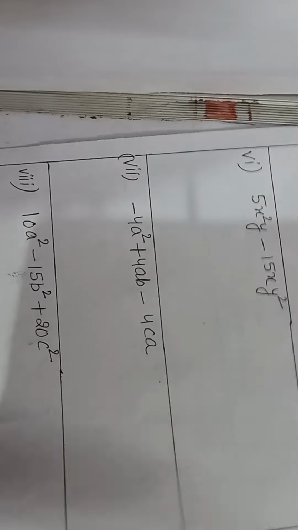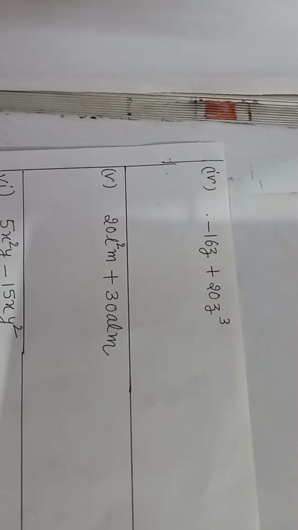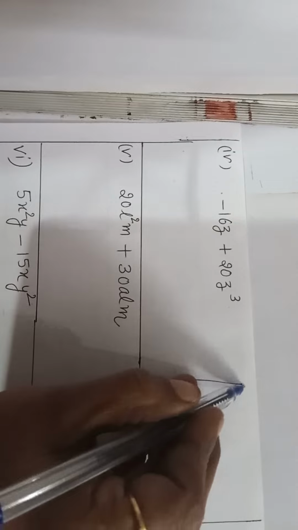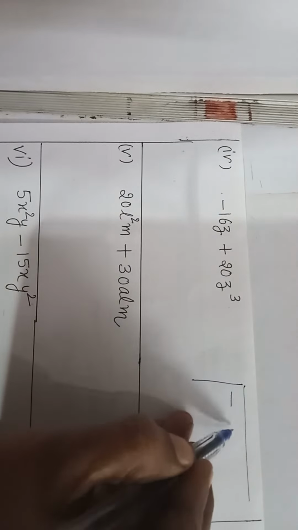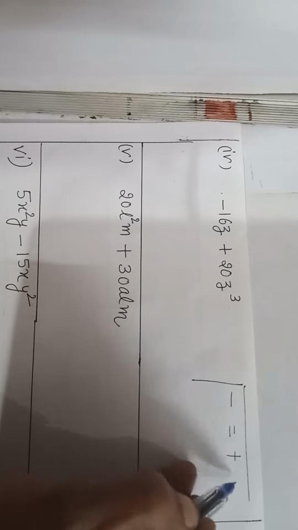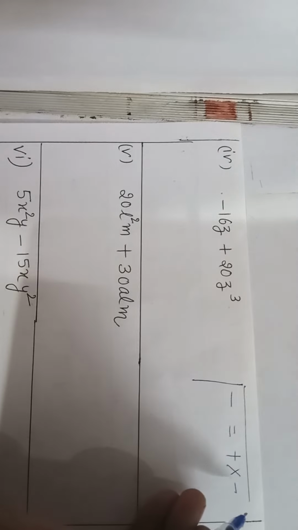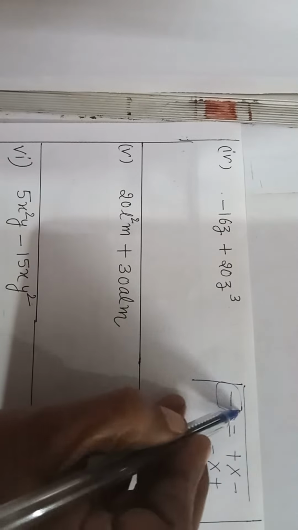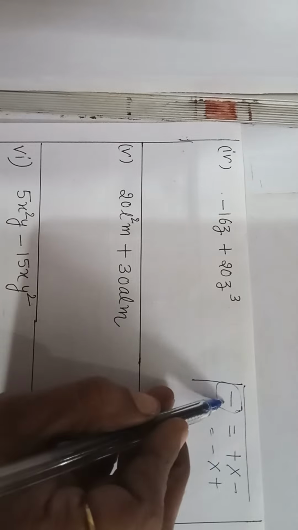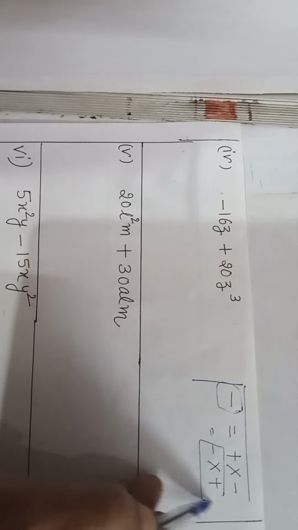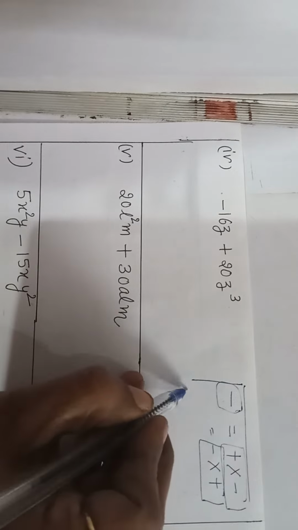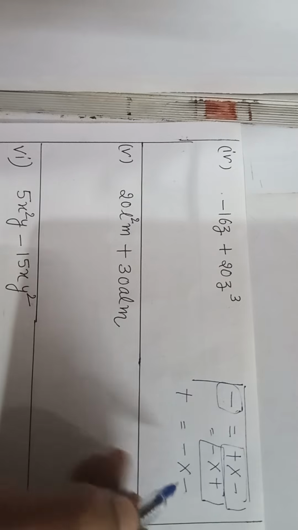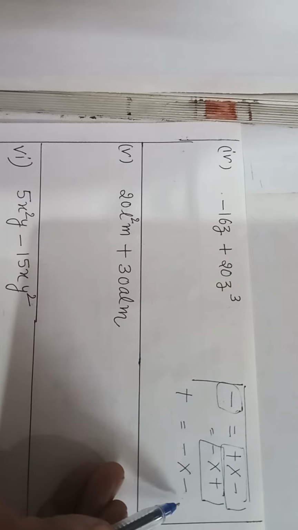Now we move to the next question, that is our fourth part. Before doing this question, just learn one thing: if you have a minus sign, it comes when we multiply 1 plus and 1 minus, or minus into plus. So whenever a minus sign is there, it has two signs inside it, one minus and one plus. But whenever there is a plus sign, that means it has two minus signs inside. Even if we take one out, then one will be left inside.